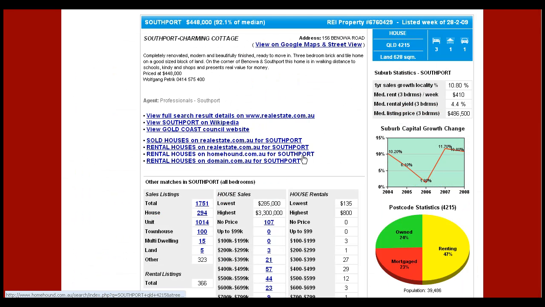So come along. Okay, so here we are, folks, inside Investor Search, looking at a typical property listing. You'll see here this is a property for sale. You'll see across the top of the screen it's Southport in Queensland, Australia. It's on the market for $448,000,